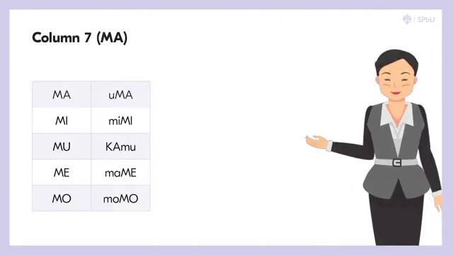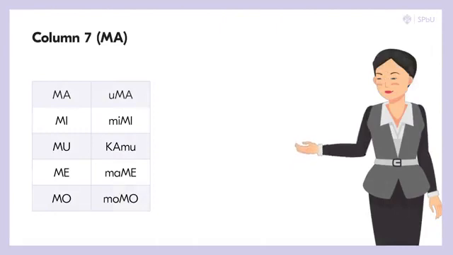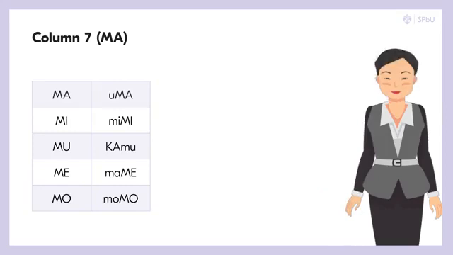In the next column, the syllables start with the sound M, pronounced the same as the English M. Repeat after me and remember the pronunciation of vowels. ま、み、む、め、も。